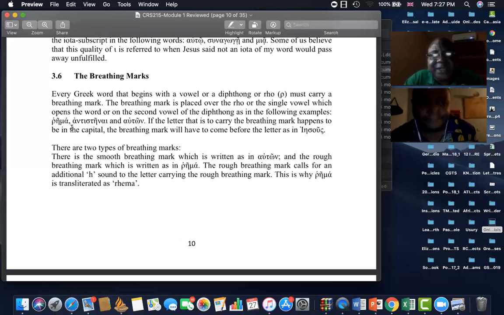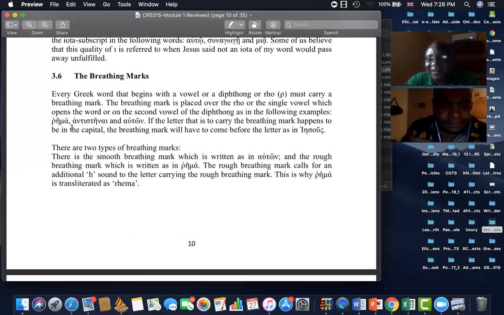The difference between the two is this. When you see a rough breathing mark, the consonant H is added after the vowel or the diphthong or the